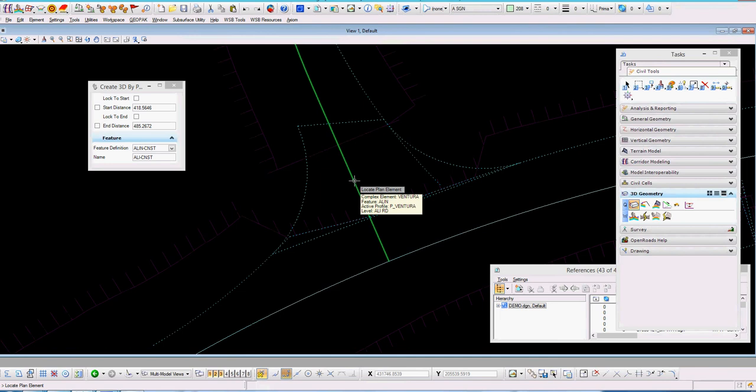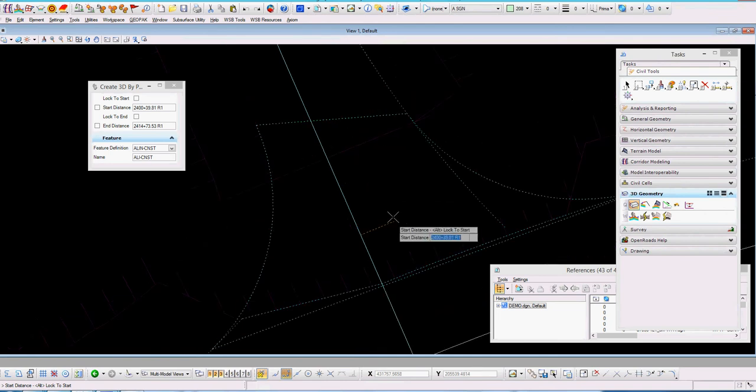So for instance, it's going to ask me to locate the plan element that I want to piggyback on, and it's this particular corridor's alignment, which is in this case called Ventura. I'll click on that, and then it'll ask me which range do you want to use,